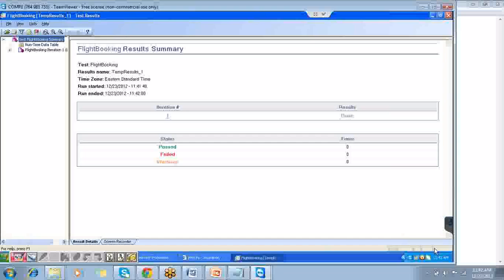Now tell me how many of you observed the execution? Did you observe the execution or not? You did, Deepa? Very good. Okay, fine. Let's see how much you have observed. Look at this. Test is flight booking. And then the result name, it has given some temporary result name. The time zone basically, which is my time zone, Eastern. And then the run has started at some date,